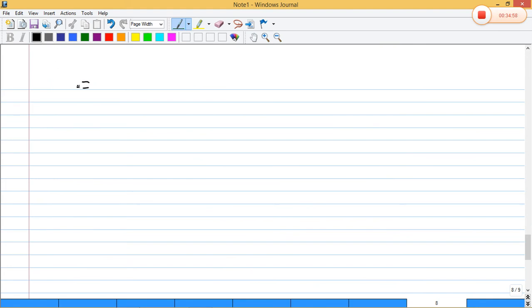So this is equal to A dot B, which is equal to AxBx plus AyBy plus AzBz. Clear? So if we multiply these two vectors,